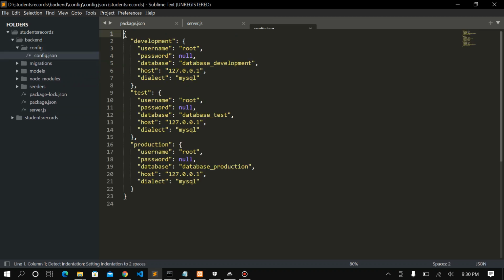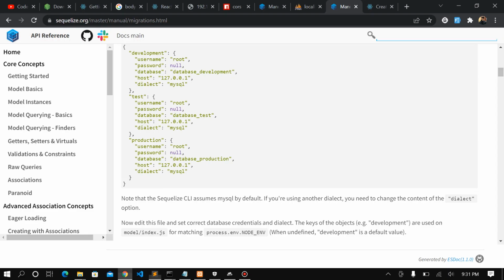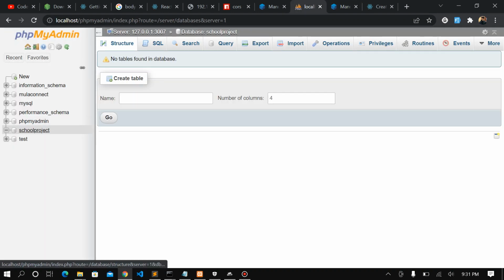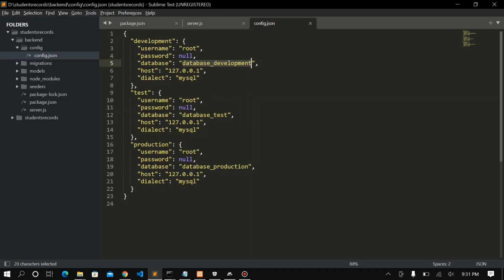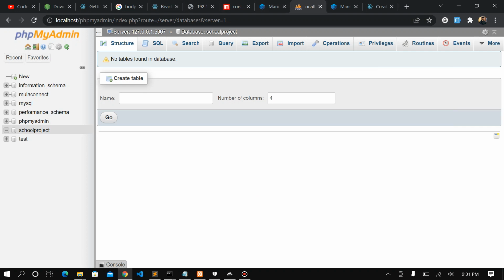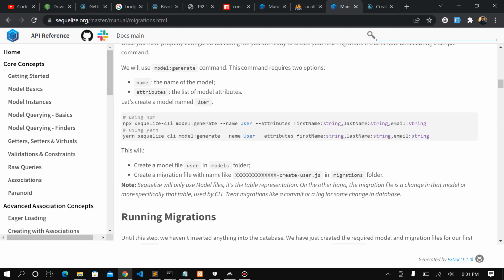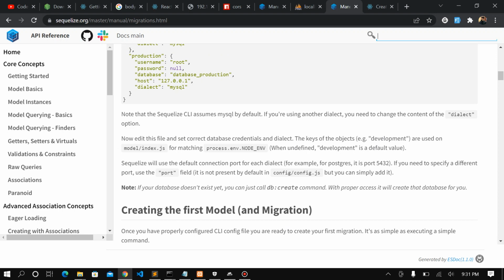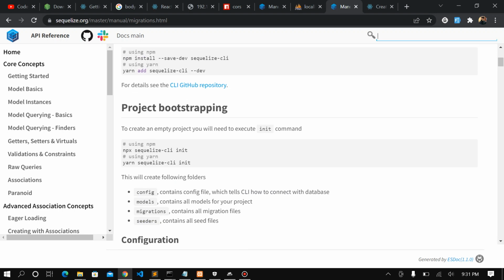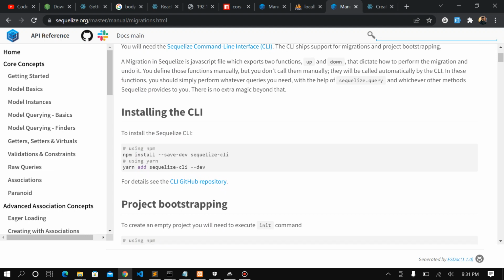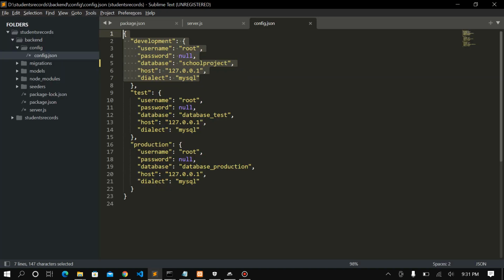Inside the config folder, we can see the config.json file. Here are basically the connection credentials for our database. And as you can see, I have already created a database here named school project. So we'll be renaming this one as school project. And as you can see, it's specifying the database here. But if you want to use any other database, like Postgres or anything, it's mentioned in the documentation. So moving back to our project,